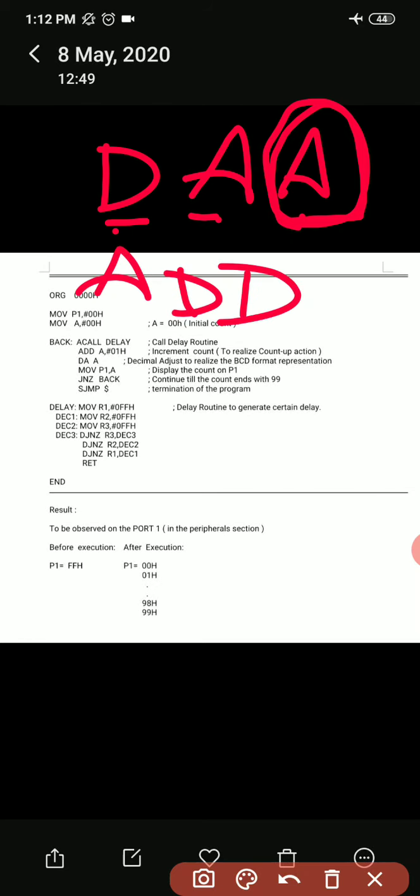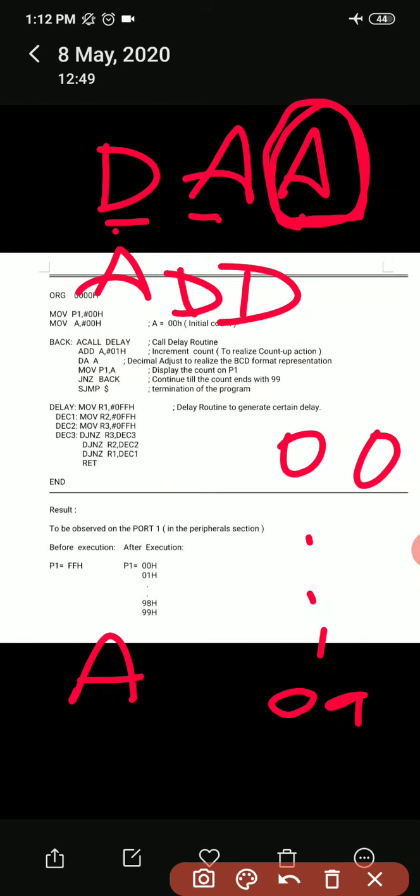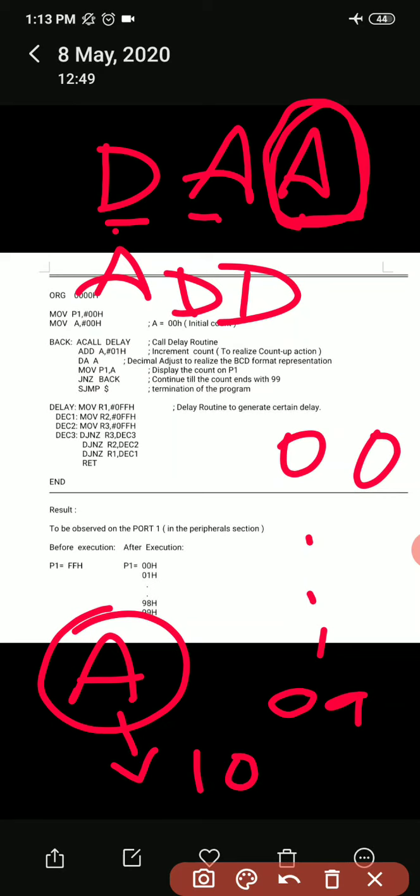So I cannot use the increment instruction to increment the value of count, right? For 0 to 9 it is okay. For 0 to 9 you can use increment, right? But for 9, when it becomes A, if I use the increment instruction, the DAA will not convert this A, which is an invalid decimal number, to a valid decimal number which is equal to 10, right? So for this reason we need to use the ADD instruction. It is the same as increment. What it does is increment the previous value of count by 1.